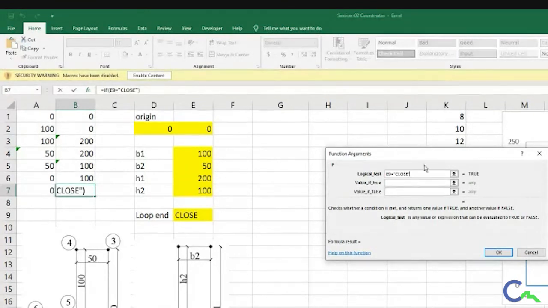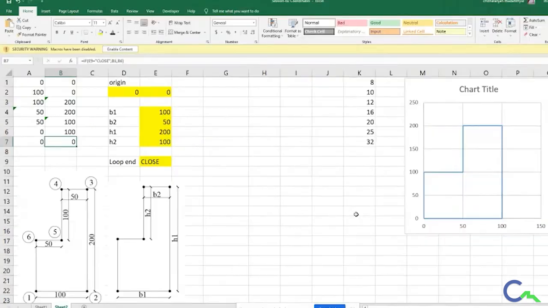If it is close, now it is true, I have to get this coordinate at the true place. If it is false, I have to stop at the sixth coordinate only. So if I want to keep it open, I have to make that coordinate the previous coordinate only. Then I will click OK.